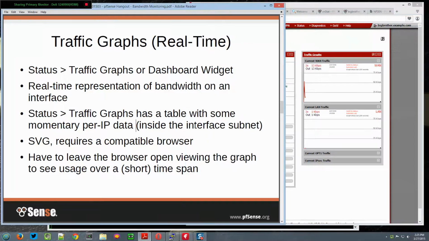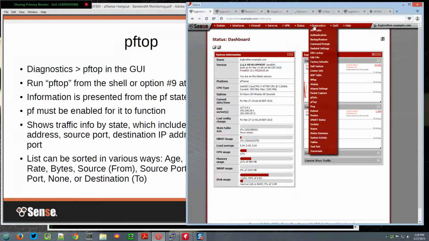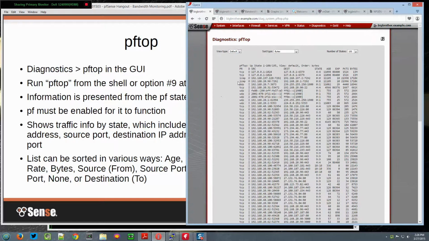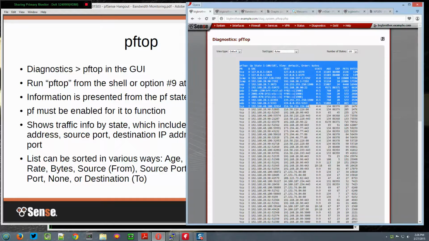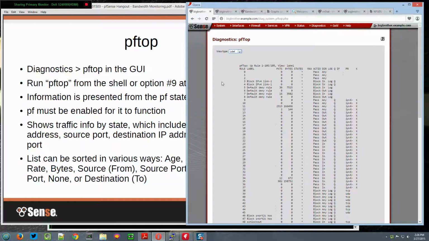Alright, moving right along, we've got pfTop, which you can run from the GUI or from the shell. It's here under Diagnostics and pfTop. As you can see, it's got data going per state, so it's got the source IP and port, destination IP and port, and several different options here. You have a whole bunch of different views, including some that are really interesting. Like if you go to the label view, it shows you based on your firewall rules which rules are getting hit,